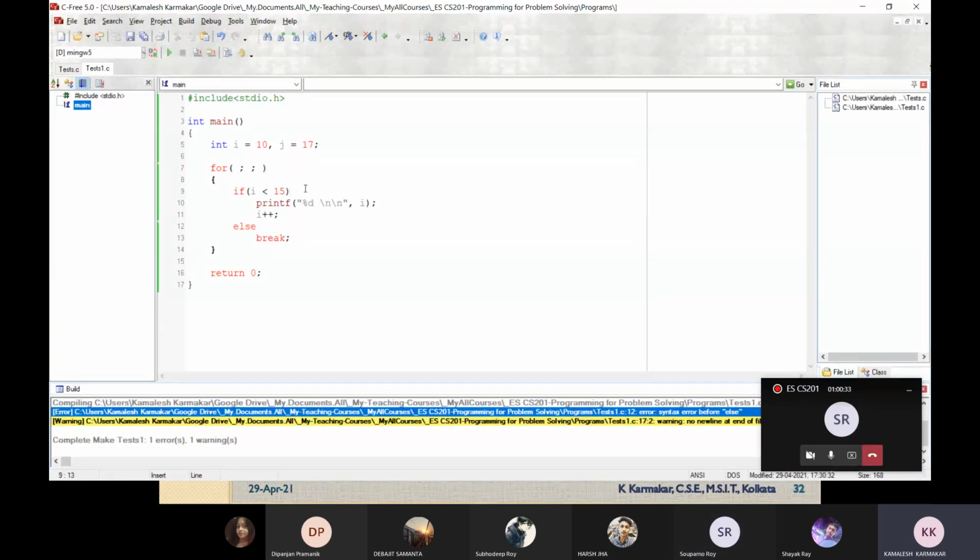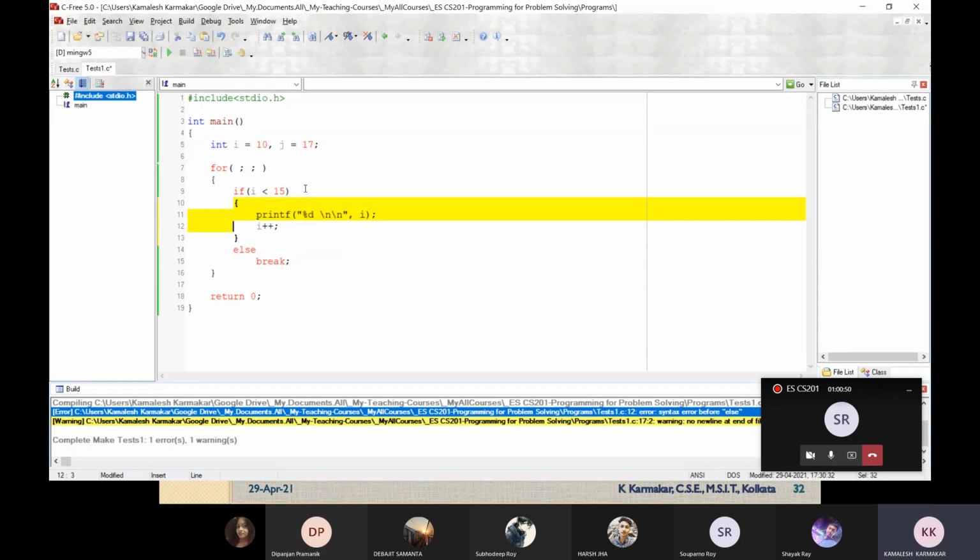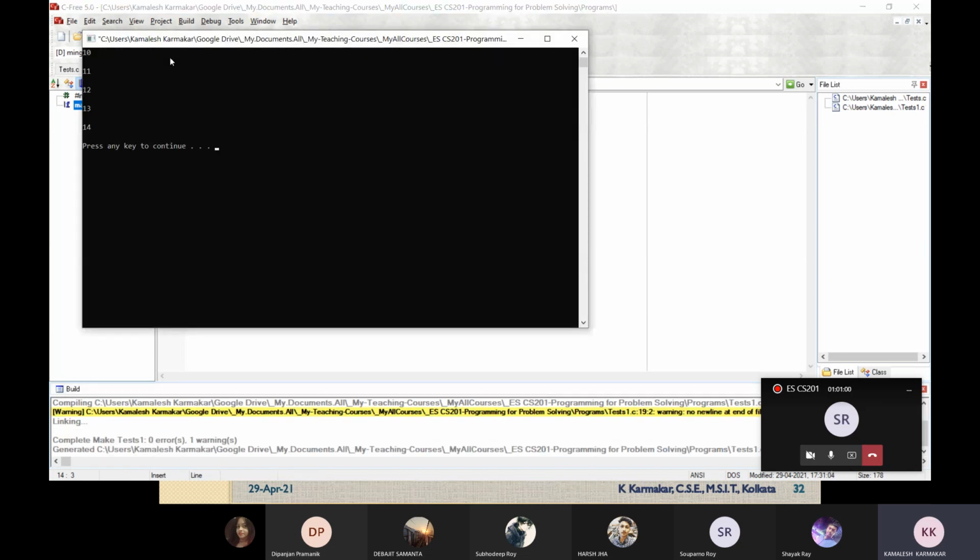Then what you have to do, because we have multiple lines in the if statement, we have to start this block, then we have to end this block. So if we have multiple instructions in a block, then the things are to be enclosed in braces. So in that case I will add this. Now it will work. Okay, it's fine.